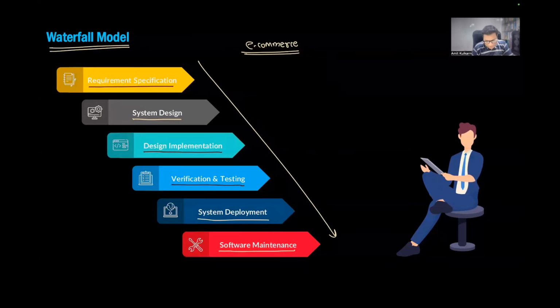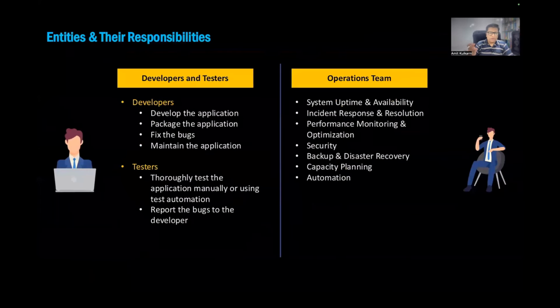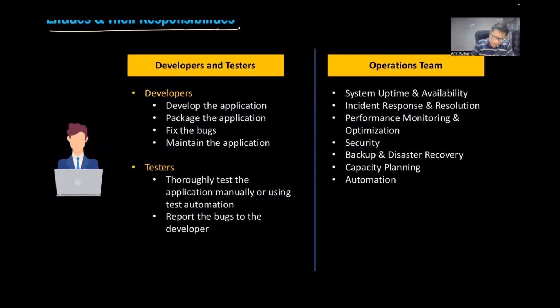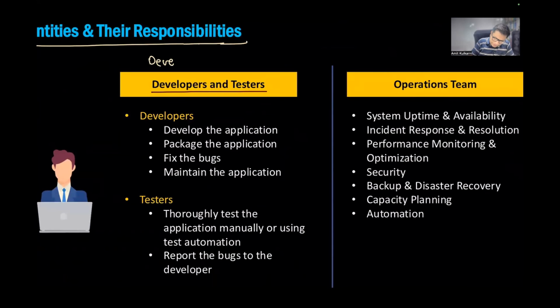That's the reason people started thinking about a better option, and the better option they found is something called DevOps or Agile. So when it comes to Agile, people started taking the responsibilities into picture, and then they started dividing those responsibilities into something called dev and ops, where in Agile they started giving some responsibilities to developers separately and the operations team separately. Now when you talk about the entities and the responsibilities, I mean all of them involved in developing an application, the first entity is known as the developers or testers. In general terminology, we call this the dev team.